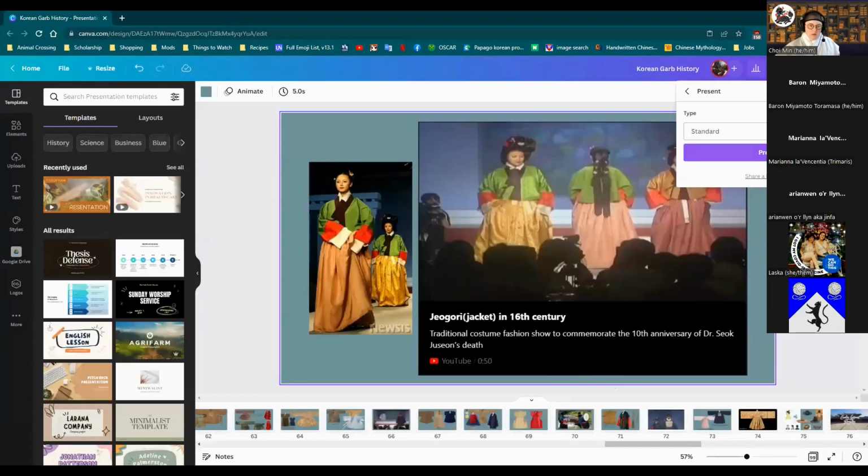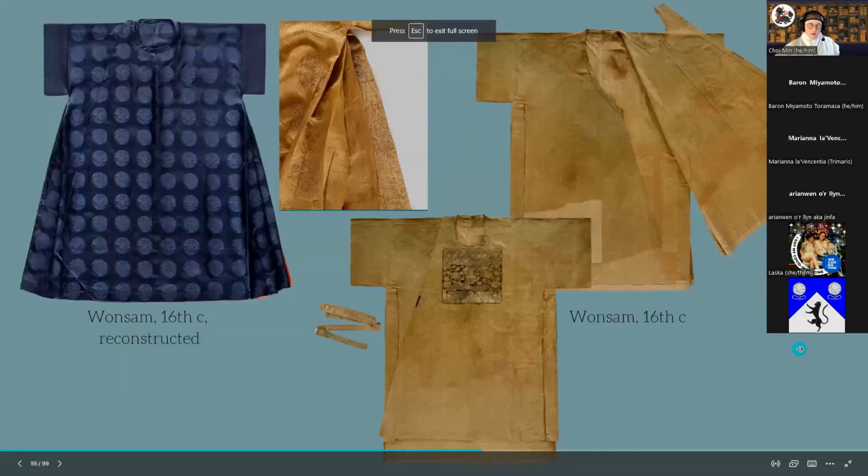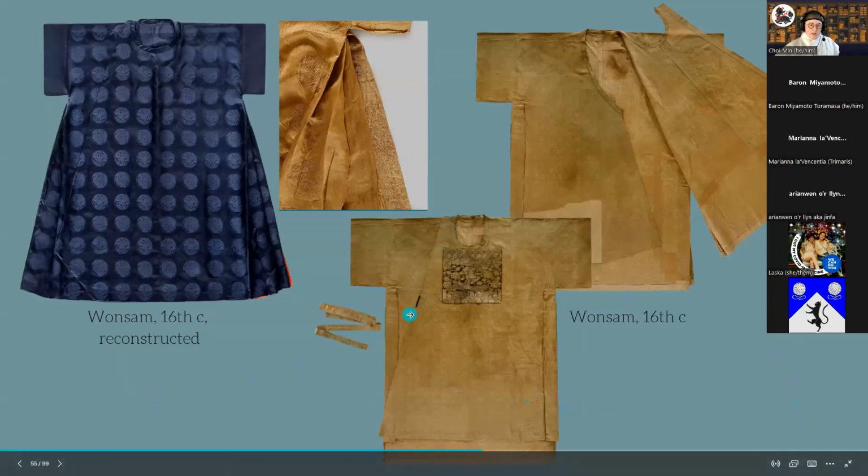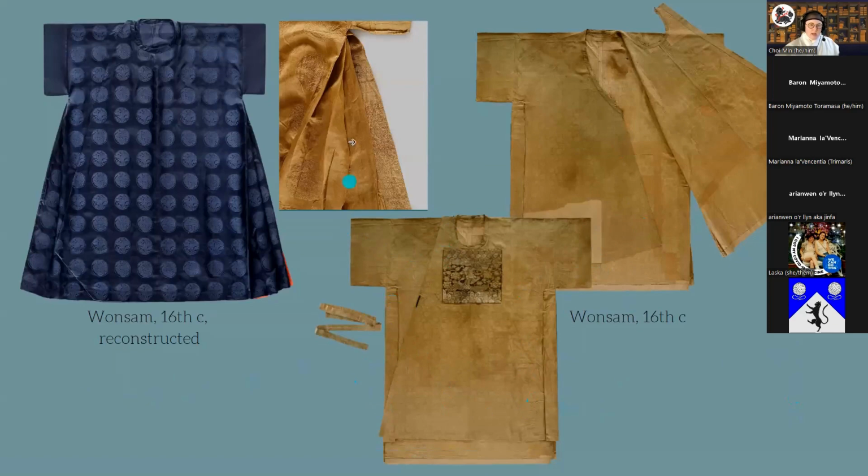Let's see if it goes back on this. Yep, there we go. Okay. So here we have some extants. Here's a wonsam. If you've seen Myung-soo's, I think this is the extant she used, and it's got a bunch of the side pleating inward, so it's not exactly like the men's garment would have been, and it does have a belt, and it would have been tied around.